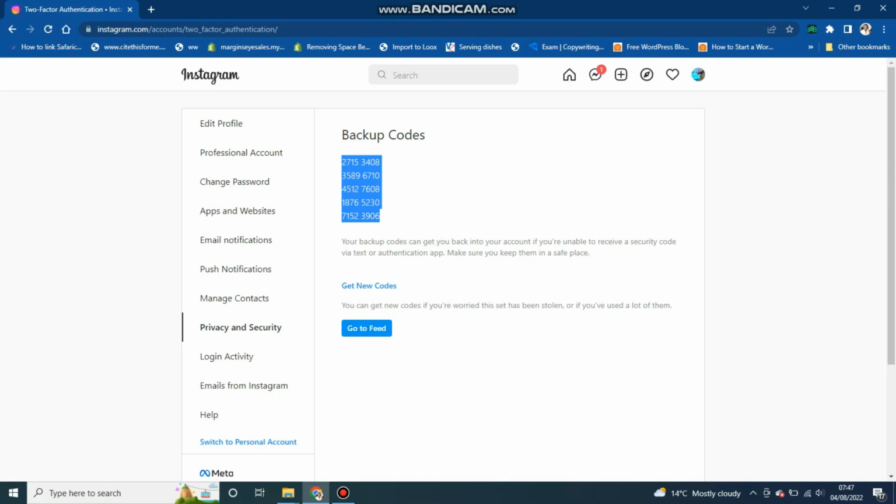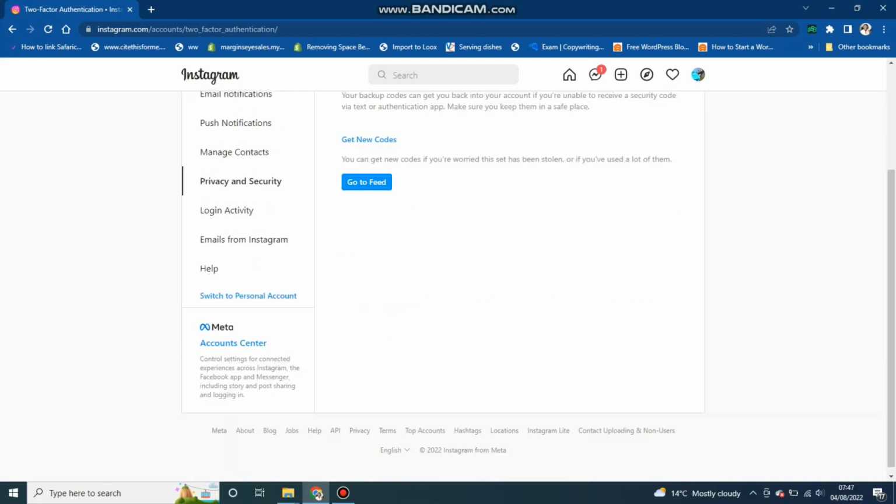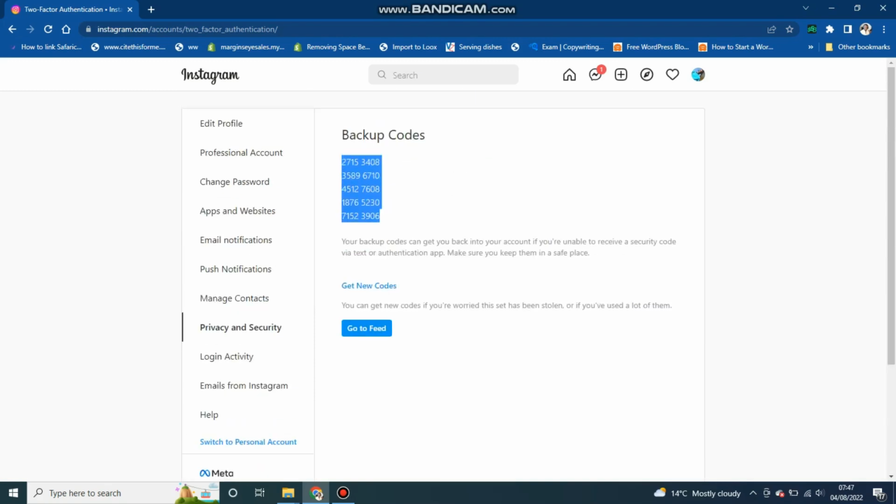So these codes, you can use them whenever you have lost access to your account, you try to recover your account, or maybe if you don't remember your password and you think you remember these codes, you can use them. So the third option, which is on WhatsApp, is not available on desktop, but if you are doing it from a mobile phone application,